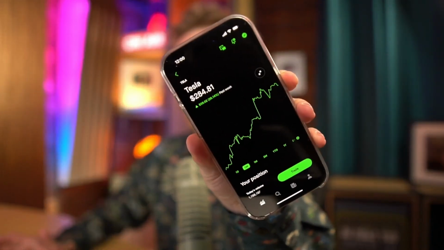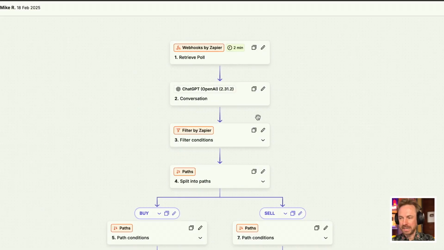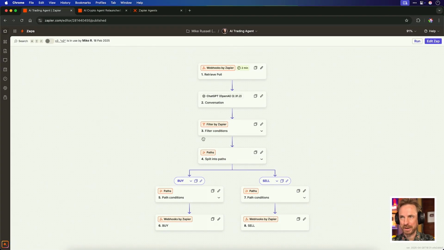Hello, I'm Mike, and you may remember I did an AI trading video that made me money on automation. Well, it's still continuing to be true as my Tesla shares go up and up. This got me to thinking, can I replicate that success with cryptocurrency? This is the successful automation I made a few months ago that made me money, but can I do the